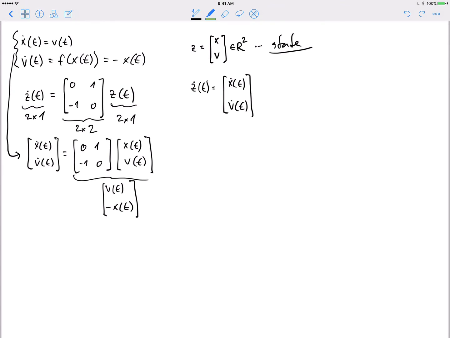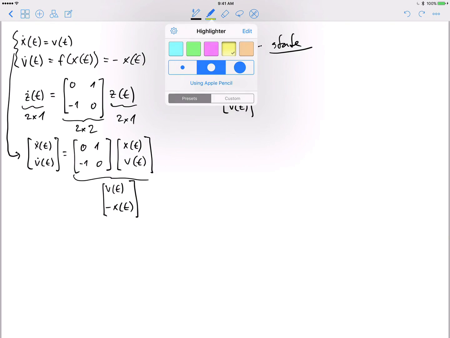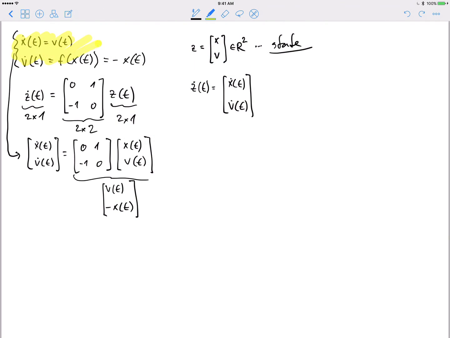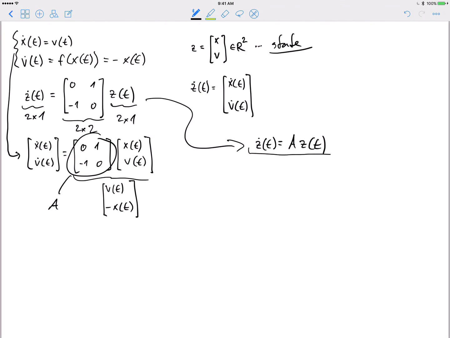So all I did here is rewrite these two equations in one matrix vector equation, and that's neat because I can then write this simply as z dot t equals A z t, where guess what the A is? The A is exactly this matrix. That's my A. I just wanted to get this concise